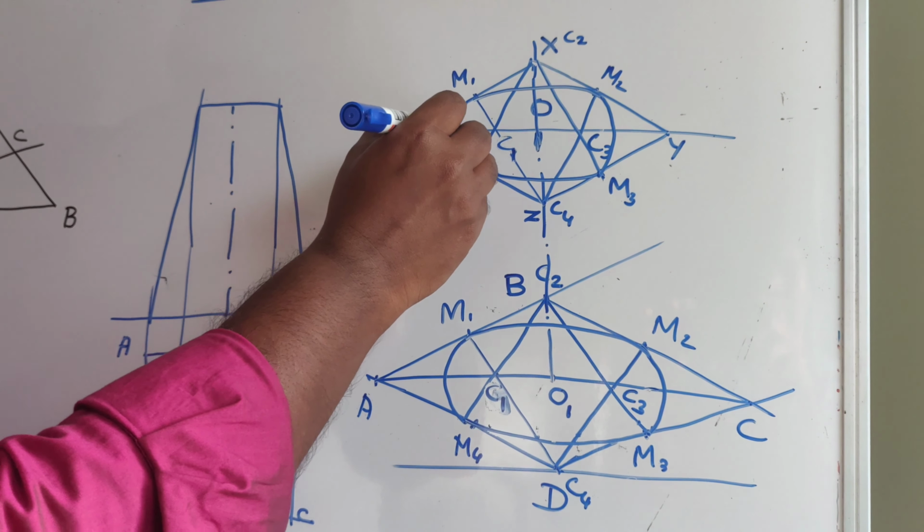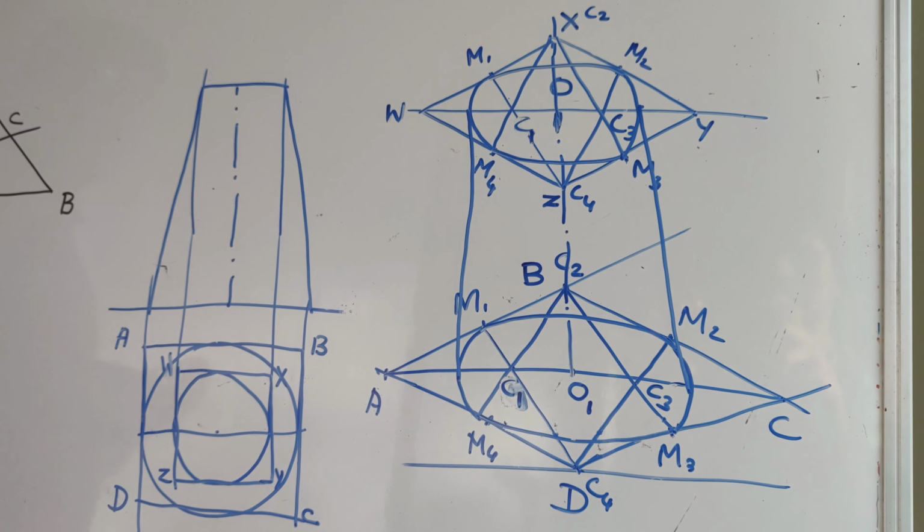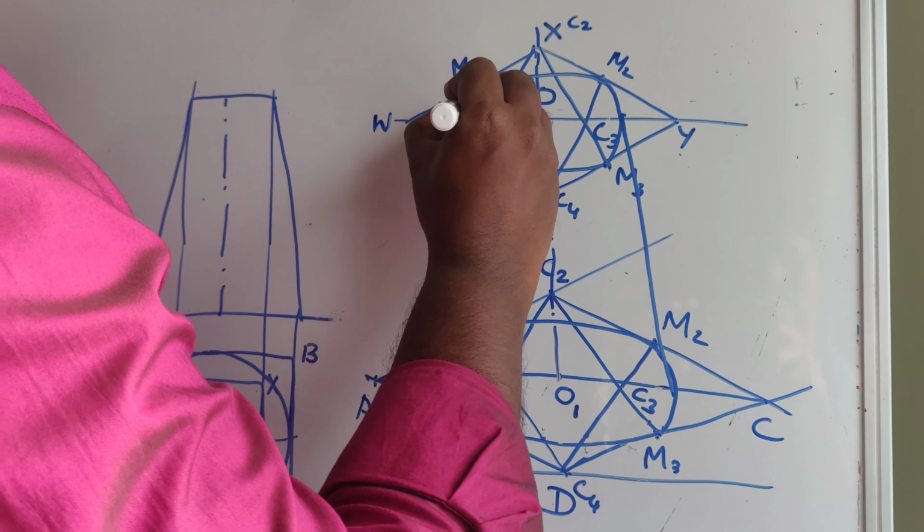Okay. Now we will check the visibility. How to check the visibility? As we know, all the outer edges are visible. That is a normal thing. Now the top base will also be visible, isn't it? The top base is also visible. Okay, this is the visibility. All other edges are invisible.